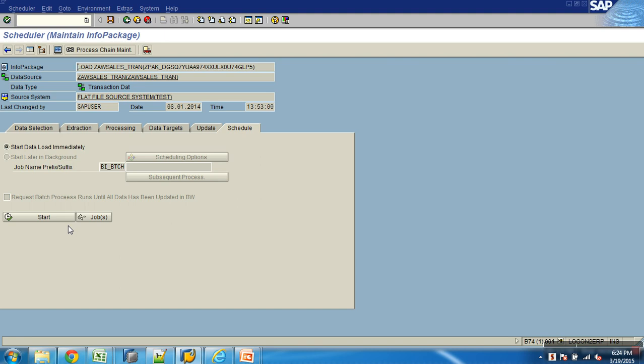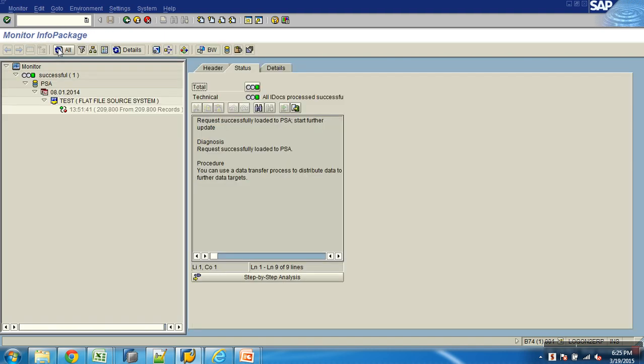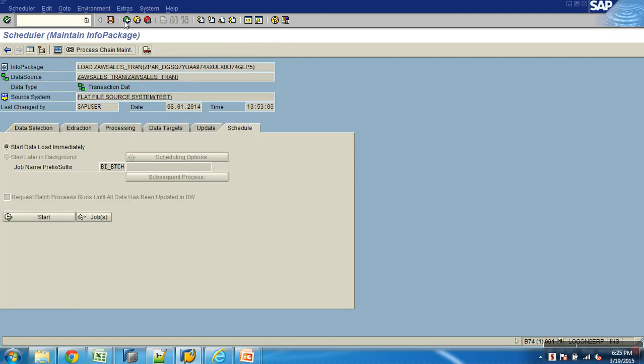So when my info package is scheduled in the background, I can check its status as a job status in SM37 or in the info package monitor also. If you are running in the foreground, I can see the status only in the monitor. If I am running the info package in the background as a job, and I know the job name, I can see the status in SM37 as well as in the monitor of my info package. Clear? Okay. That's where we use schedule options.